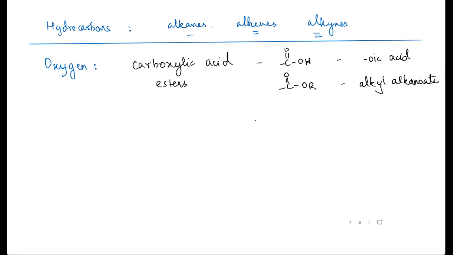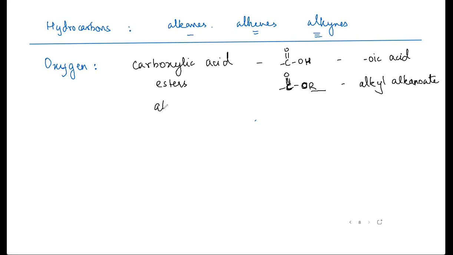So the alkanoate part is basically wherever you have the C double bond O part. Okay, so ethyl methanoate means it is formed from methanoic acid, so over here you just have one carbon. Alkyl is basically whatever is attached beyond this oxygen. So ethyl means you've got C2H5 attached over here. So alkyl is whatever is attached to the single bonded oxygen. Alkanoate is whatever contains the C double bond O part of it.